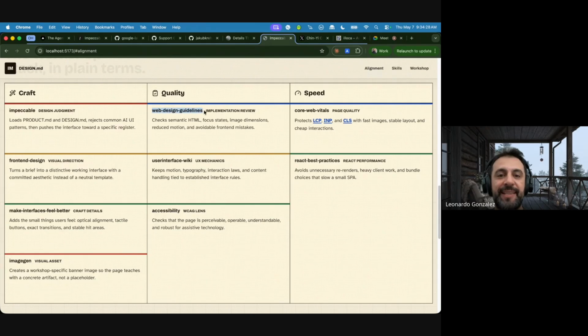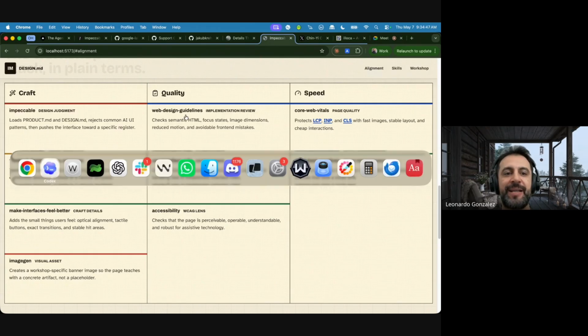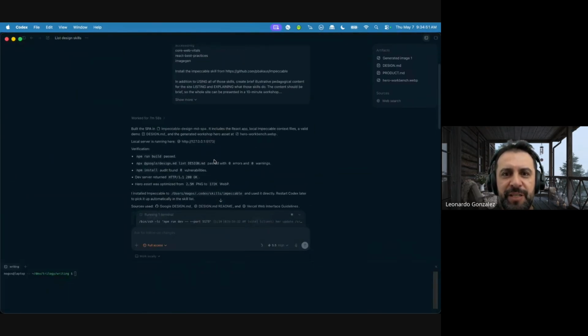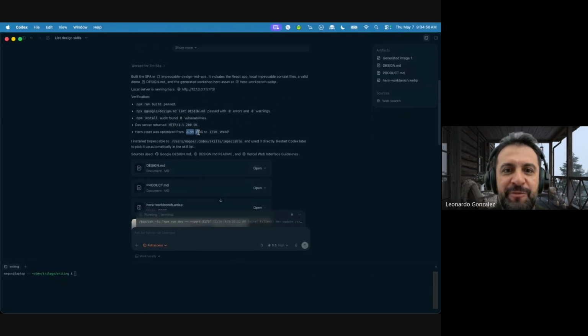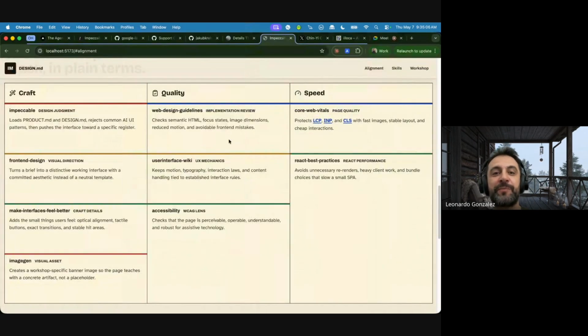Quality, we've got web design guidelines that look at semantic HTML. That means that your HTML tags have meaning inherent in the tags themselves. Being able to have focus states and good image dimensions. One of these skills reduced my generated image from, I think it was a 25 megabyte, I don't know if it was in the output or in the reasoning traces, a 2.5 megabyte PNG to a 172K WebP. So these are the kinds of usability and performance things that are good to have as part of your web design guidelines. User interface wiki that is related to motion and typography, interactions, content handling, accessibility, which is especially important